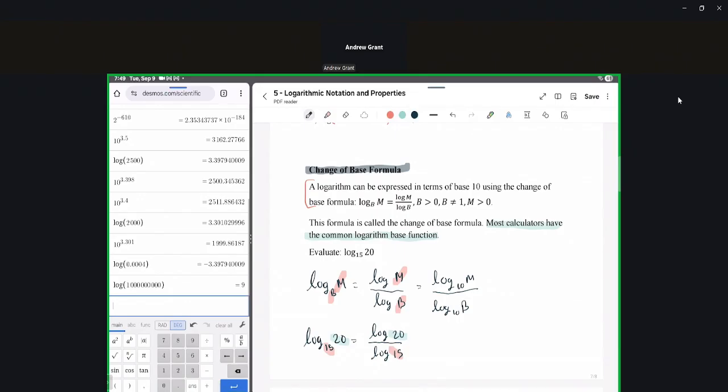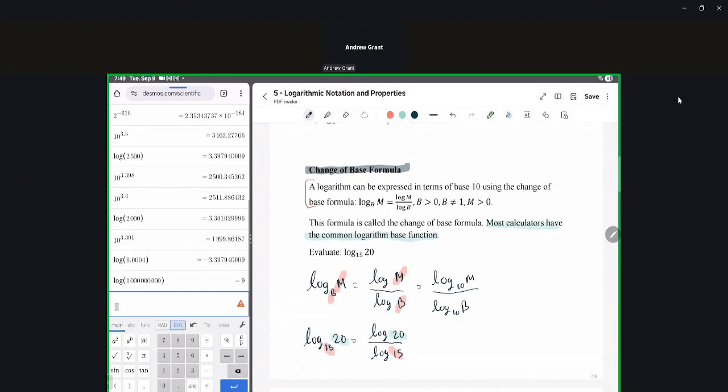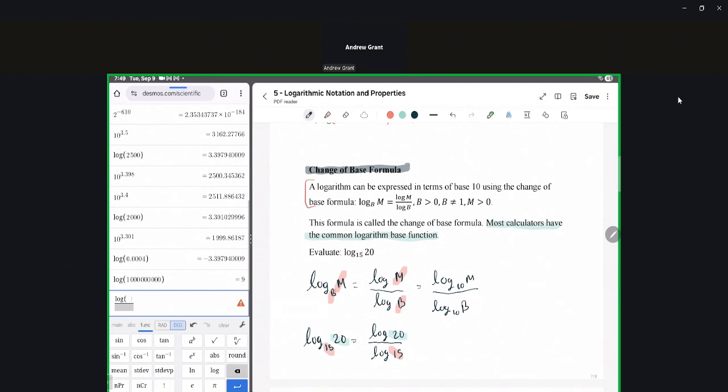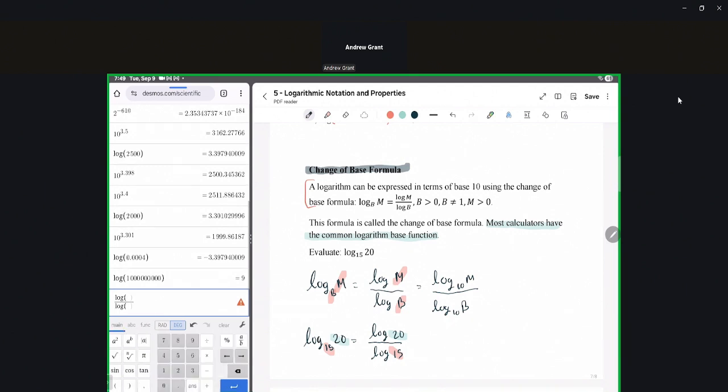So on our calculator here, you want to hit this fraction bar first. And if you don't have a fraction button like this, do practice typing these things in, just so that way you're used to what they look like, so you understand how to do this with your calculator. So this is going to be log of 20 divided by log of 15. And so this is going to be equal to